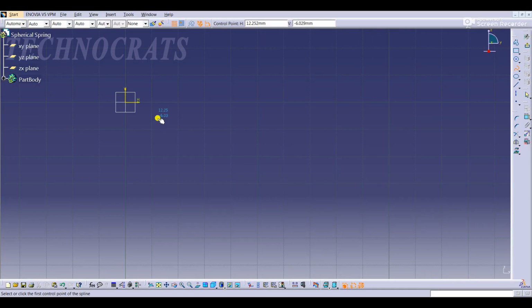First I draw this spline. Okay, the spline is something like this.